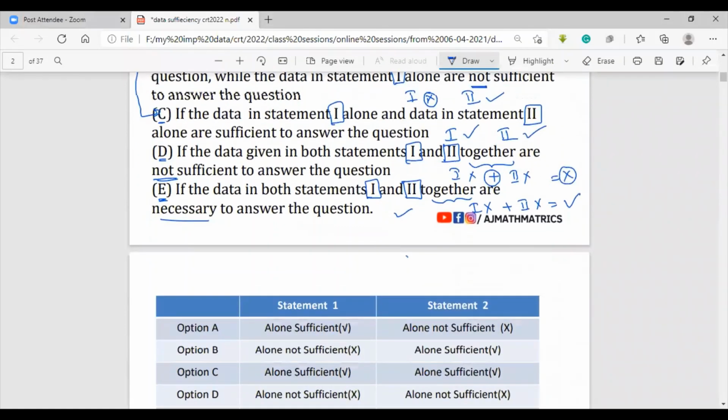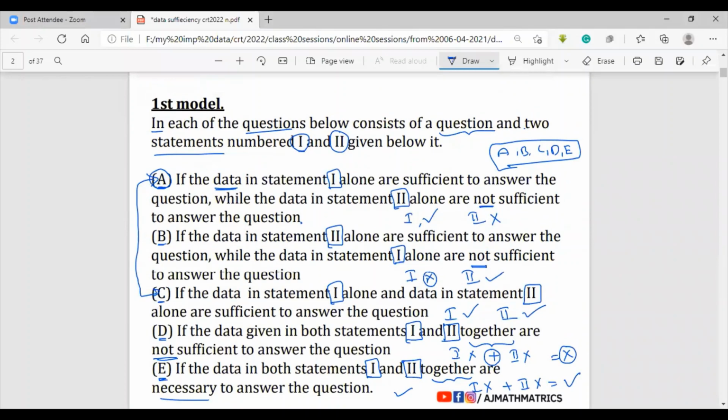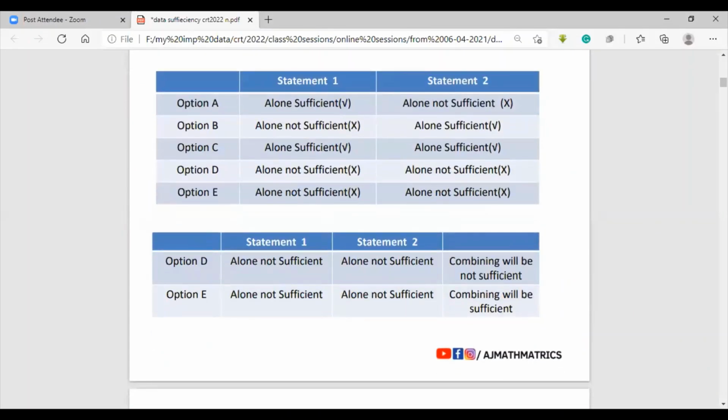Okay, now I am moving to the second slide. The first slide is something like wordy data, and the second slide represents the same thing in a table. So whichever is comfortable, you just go with it. Either remember the table, or if you are comfortable with the wordy data, then that is fine. What you understand with the wordy data, just cross-verify that the same is there in the tables.